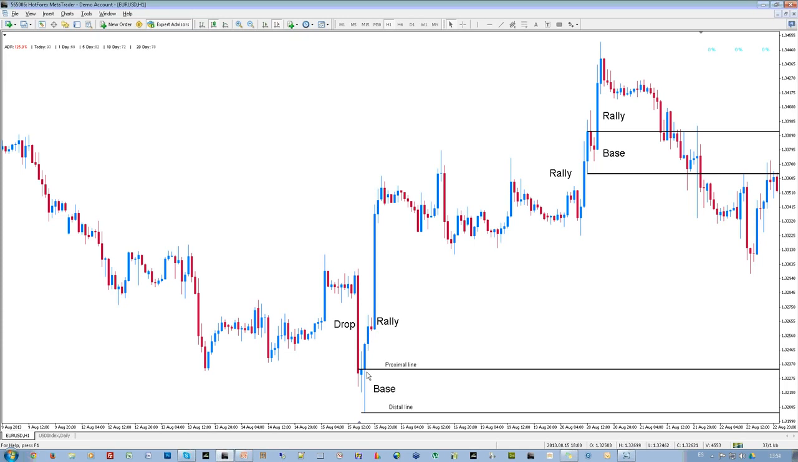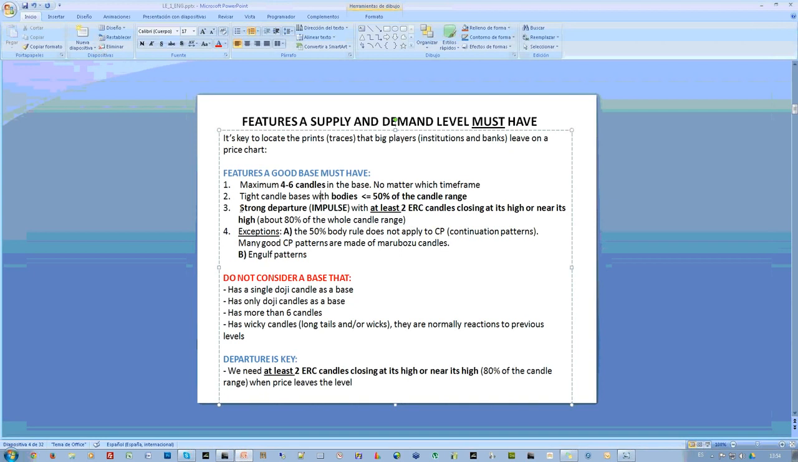So if the body, from the open to the close, is lower than 50% more or less, okay, it doesn't have to be exactly that, but more or less, that should be the base. And we want maximum 4 to 6 candles, maximum 6. So we want also on the second leg, I'll say here,